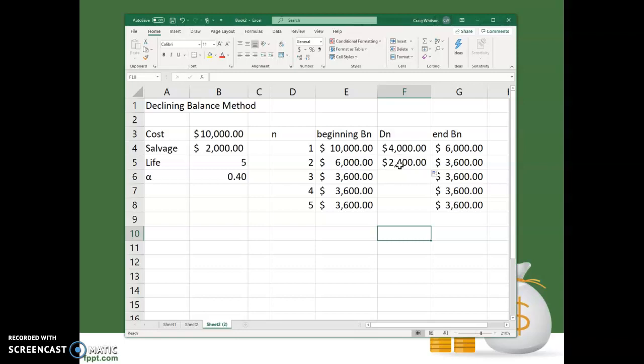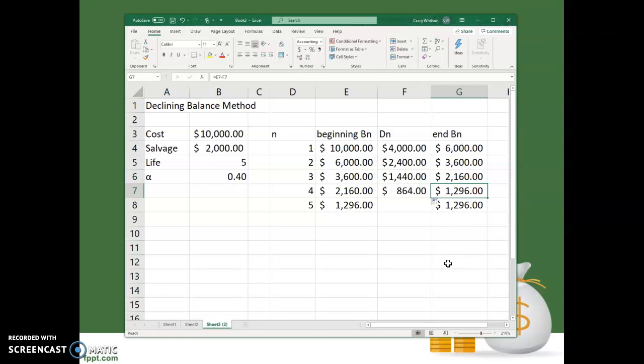So it's going to depreciate by 2,400, and now it will be worth 3,600. And that's what it will be worth to start the next year. And then it depreciates by 1,440, which gets us down to 2,160. And then it depreciates by 864, but that's going to take us down to